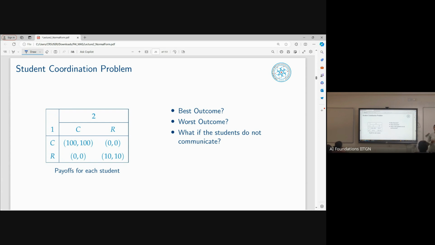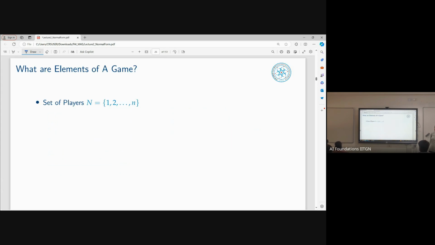But for today, we'll not see what they will do, but we'll just see how to set these games up and what is the mathematical representation for these games. So what are the elements that we need for modeling a game? Yes, Sanjay. So the set of players N. We need the strategy sets of players, that is S1, S2, up to Sn. Remember, there are two words that I'm interchanging: strategies and actions. So please keep that in mind.